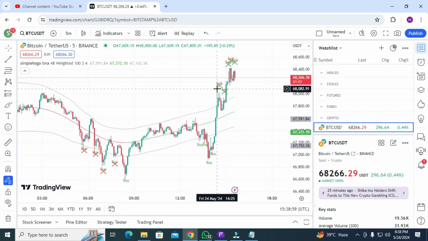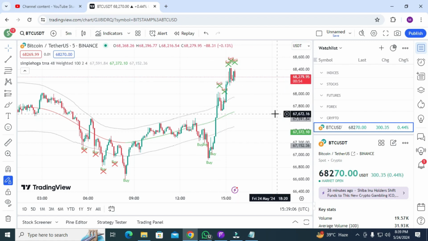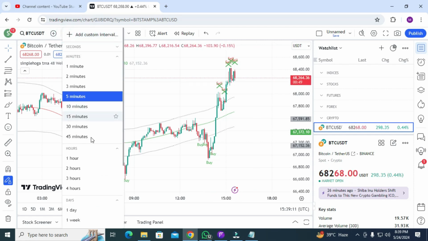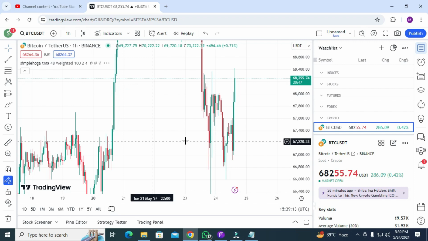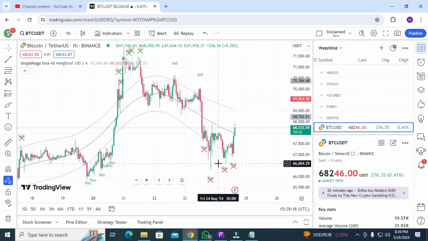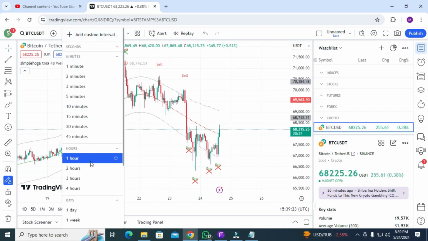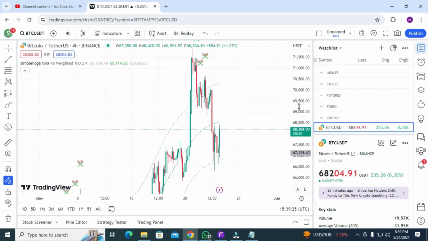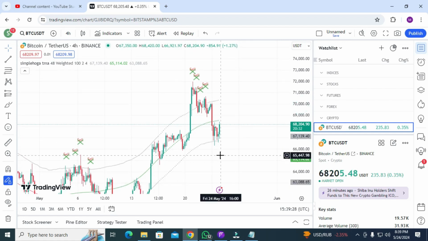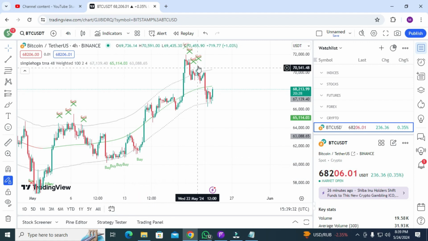When you get any signal, you have to execute your trade. The second thing is, you can see there are some signals with the cross, and let me show the results in the 1-hour time frame. Then I will go to Bank Nifty, and then I will move to Nasdaq. In the BTC 1-hour time frame, it gives you awesome results. Let's go to the 4-hour time frame, and you do not get the signal. If you got the signal, it would give you the perfect result, but these buy signals give you awesome results.